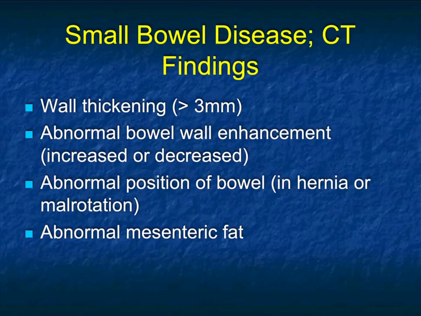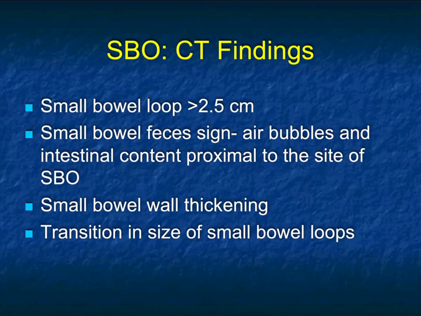What about the mesenteric fat? The mesenteric fat is a good sign of local inflammation that can be very helpful. Do we see anything in the mesenteric fat like small nodes, inflammatory changes, prominent vascularity, or is the mesenteric fat perfectly normal? In terms of dilated loops above 2.5, some people would say 3, but 2.5 is a number we